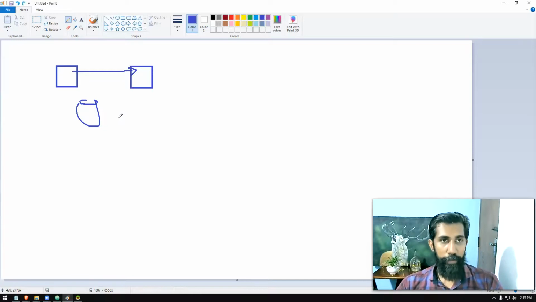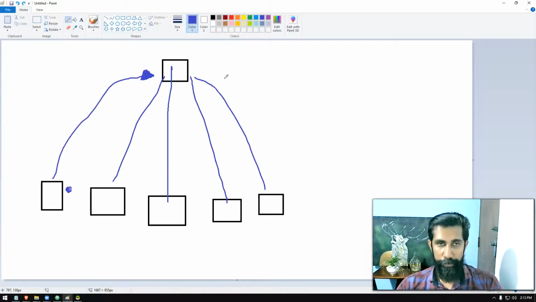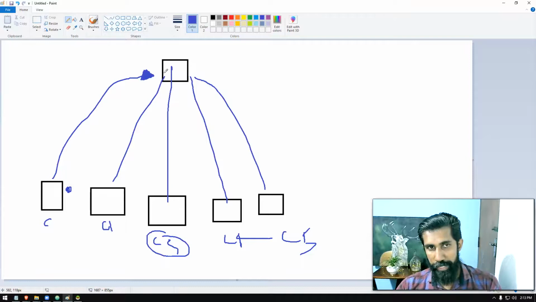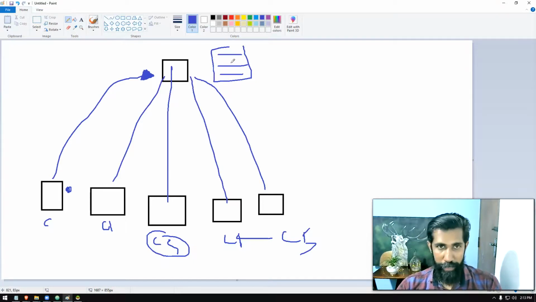In order to help you do that, in the web server there is a special built-in array called sessions. Let's say we have clients c1, c2, c3. When client 3 is connected with the server, a session can be maintained on behalf of client 3. A session is nothing but a built-in array.